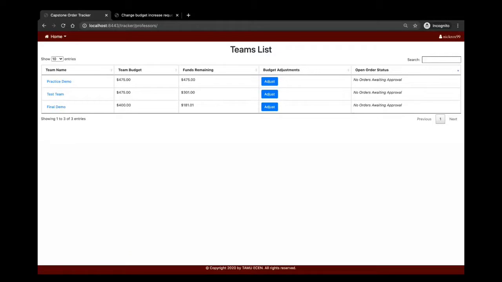Professors also have the ability to approve budget adjustment requests from students. Students can't bypass the approval process like TAs and professors can. If a student submits a budget adjustment request, it needs to be approved by a professor. They might do this if they order a part outside the system and they don't want to wait on their